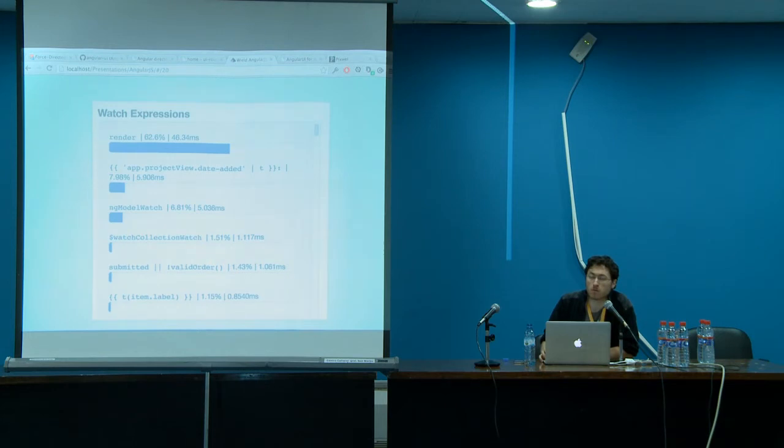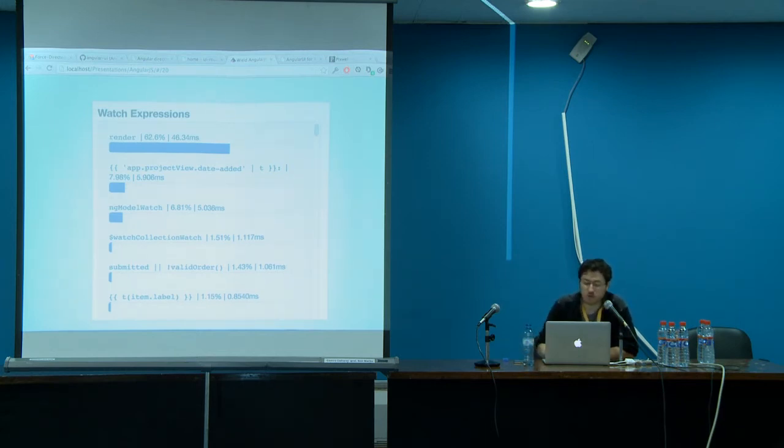And finally, probably the most important part is the profiler that watches all of your expressions that are rendering on a page to determine, if your page is slow, why is it slow, which expressions are hurting your performance.